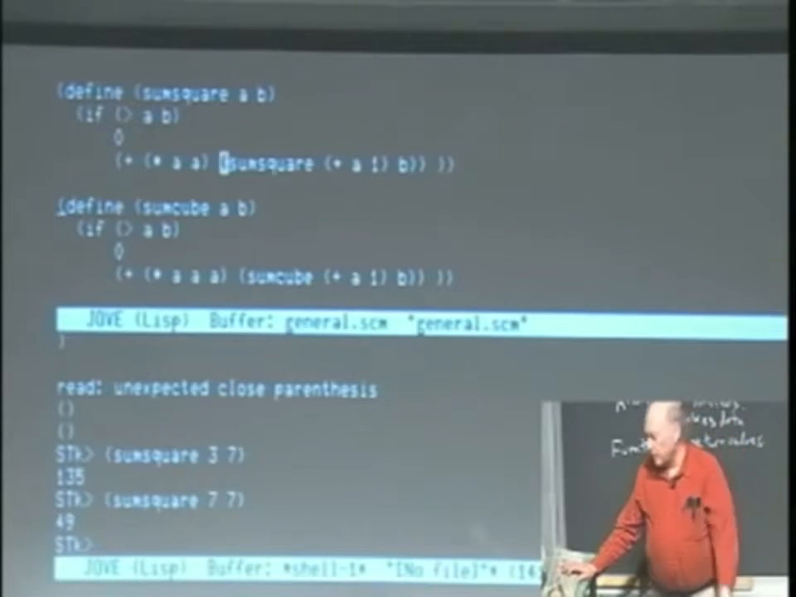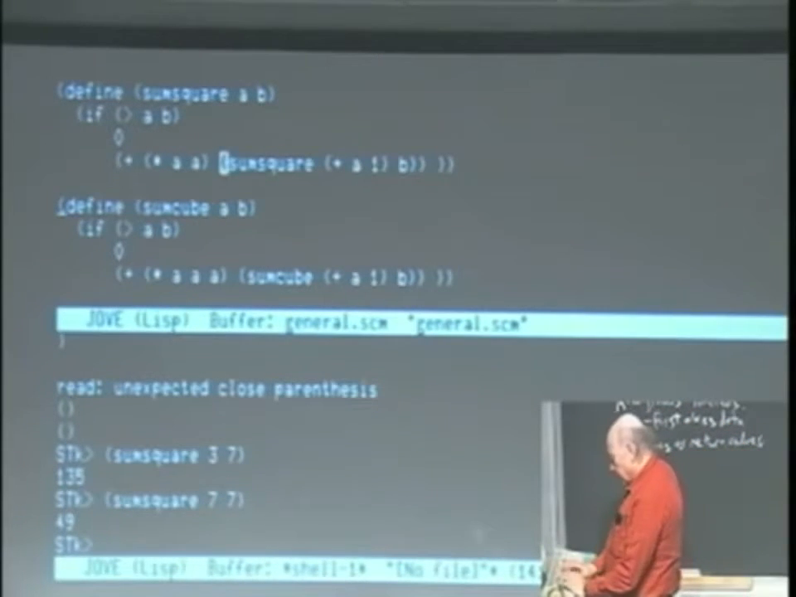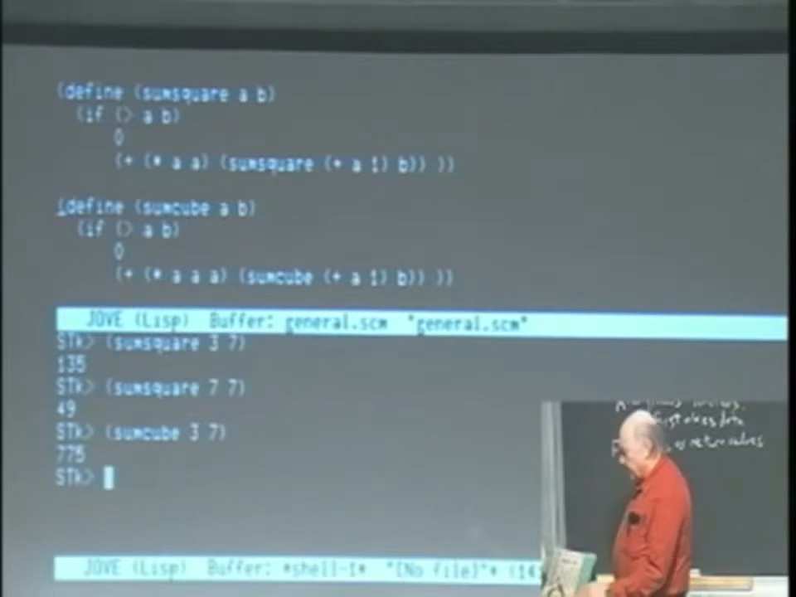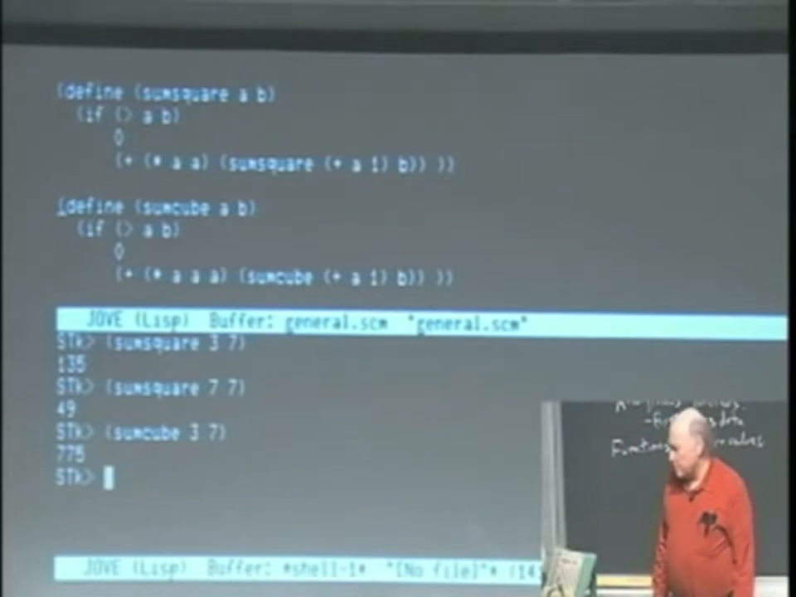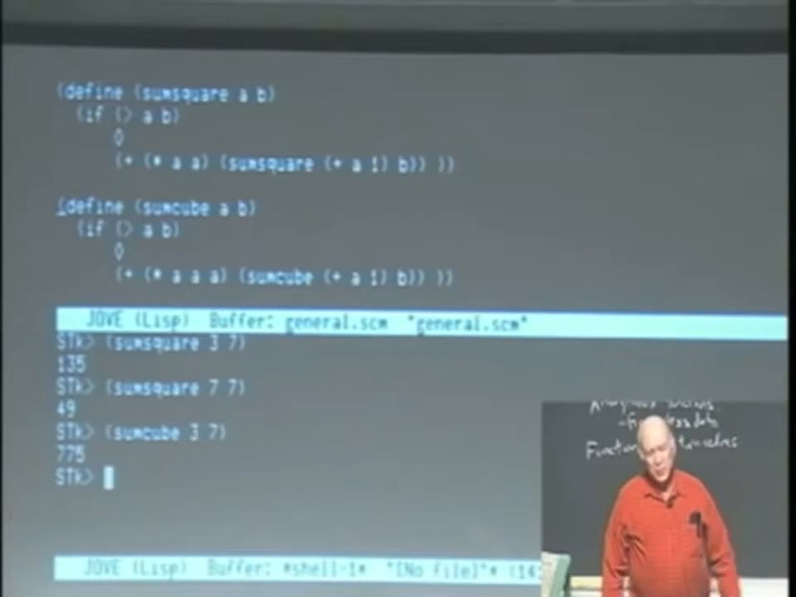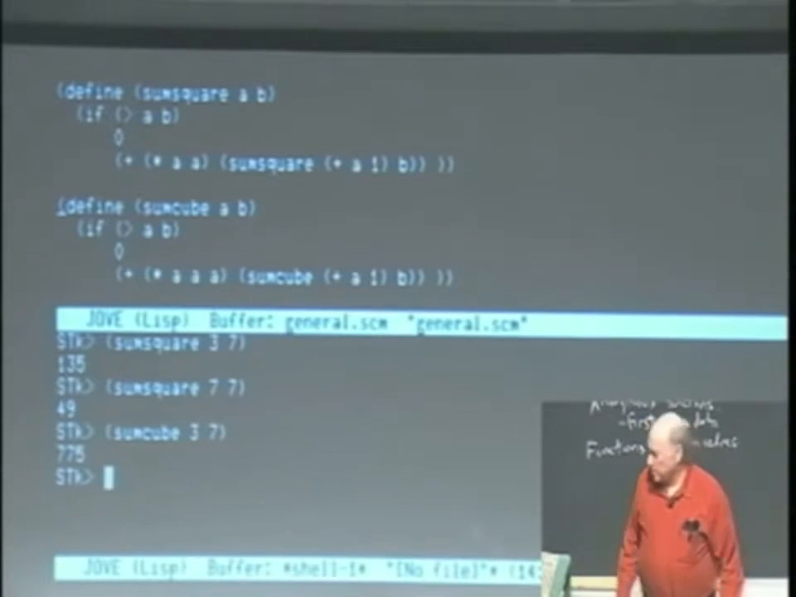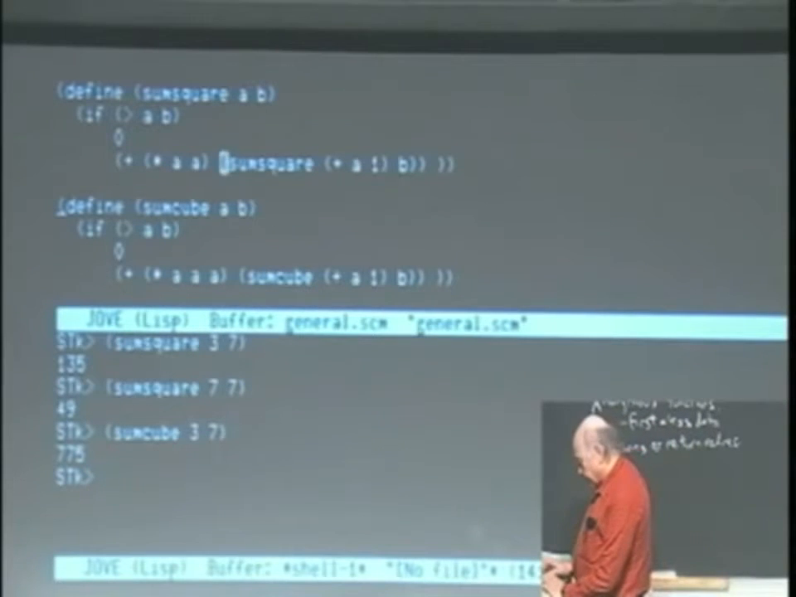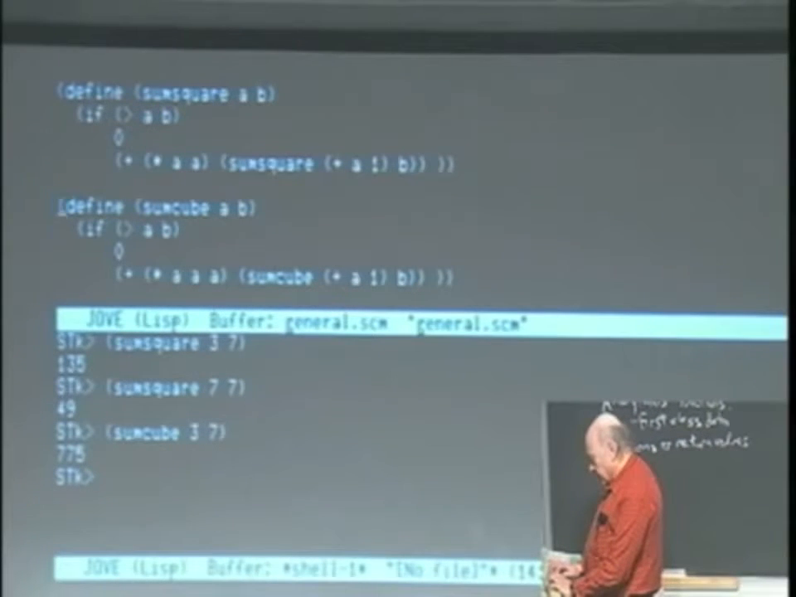Okay, moving on. Let's do sum cube, 3 to 7. And we get a bigger number. We get 775. This is a procedure that computes 3 cubed plus 4 cubed plus 5 cubed and so on. How does it do it? Well, if you look at the code,